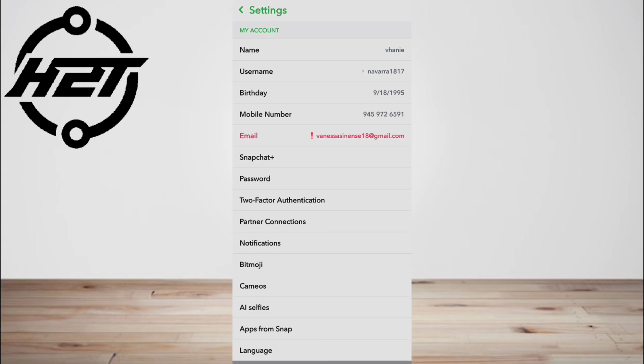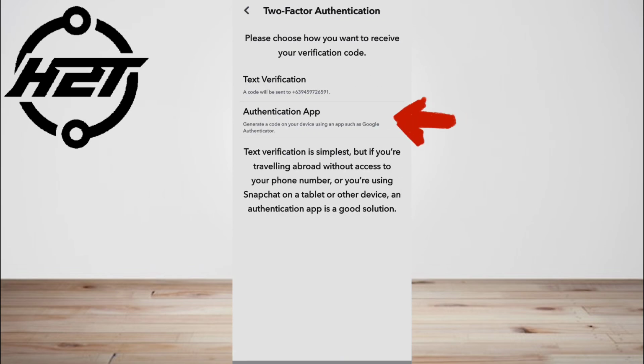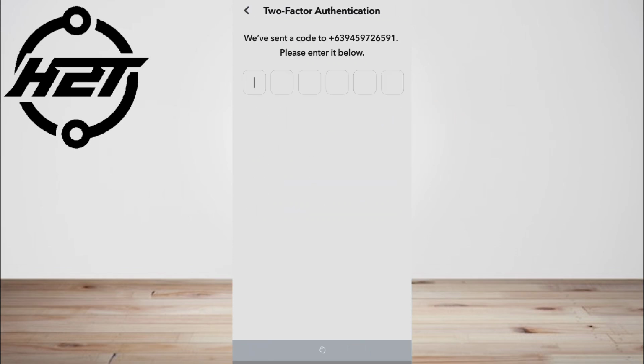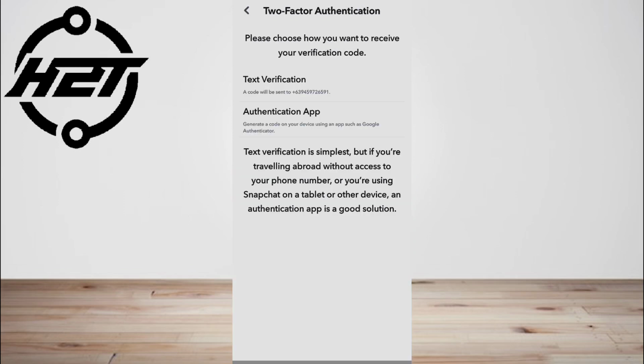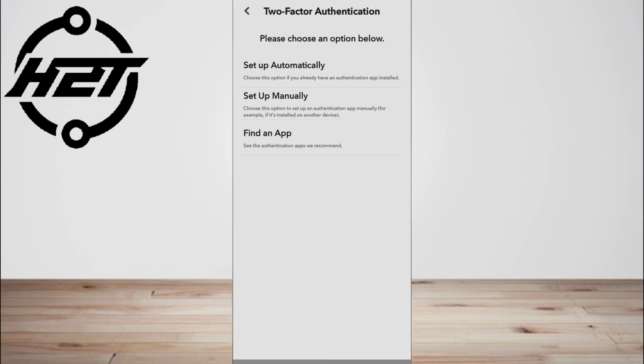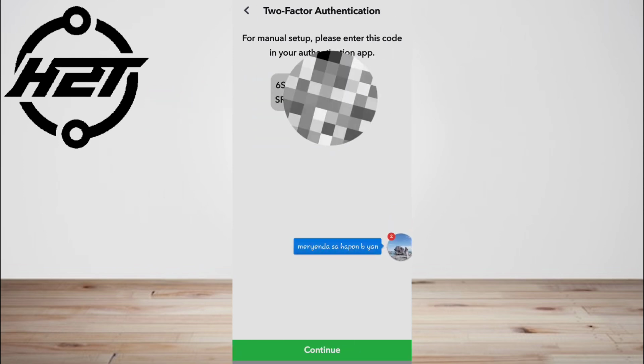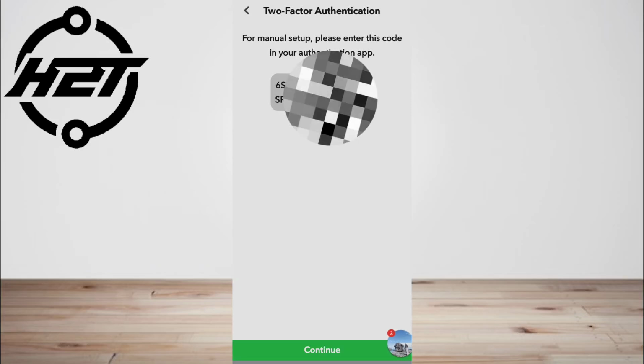Move through the next screens by tapping two-factor authentication. Tap on Continue and select Authentication app. You'll need to choose your security method, but select Authentication app as it's the most secure method. Then choose Manually. To be sure that you will get 2FA codes for your Snapchat account with our app, select